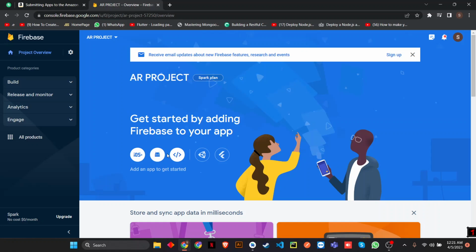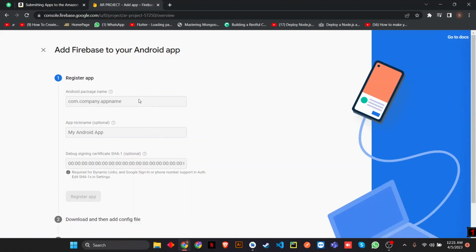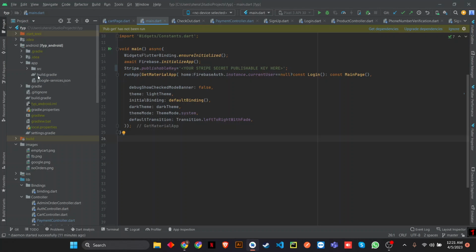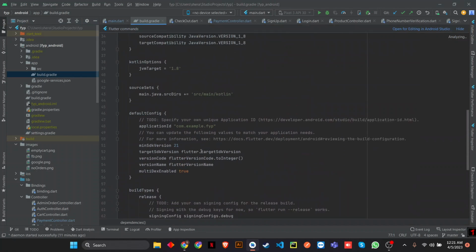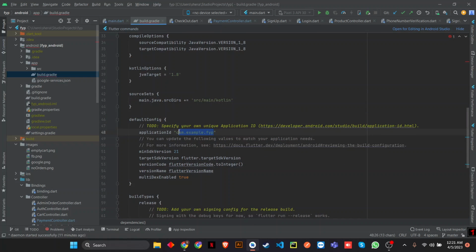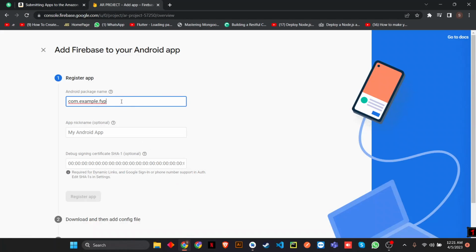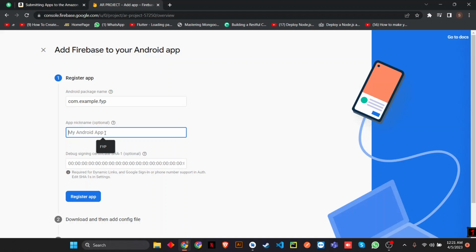So first, you need to click on Android. You need to go to your application and go to your build Gradle, and here you'll see the application ID. Just copy it and paste it right here. After that, this is the nickname of the project. Just name it as you like, AR project,